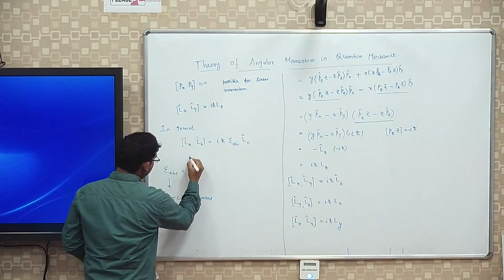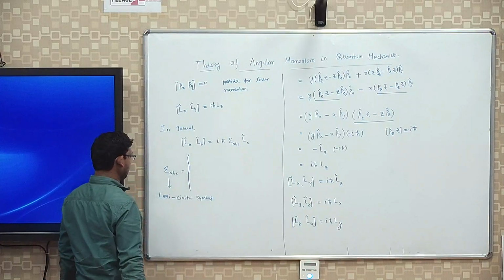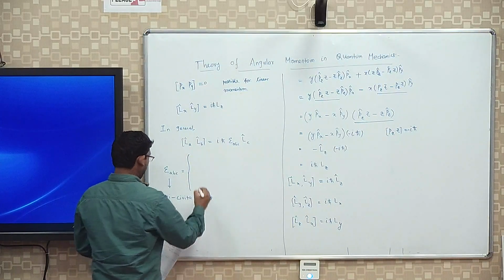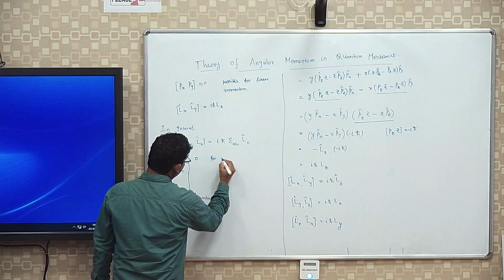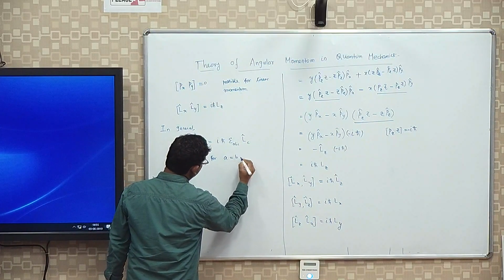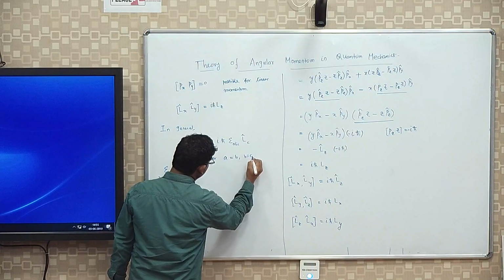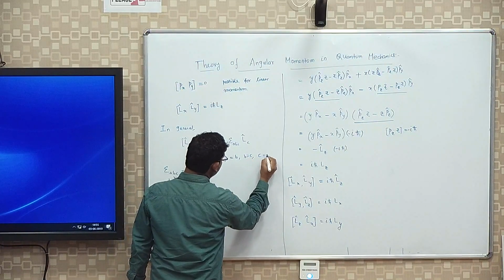The value of epsilon ABC is 0 in case A is equal to B or B is equal to C or C equal to A,